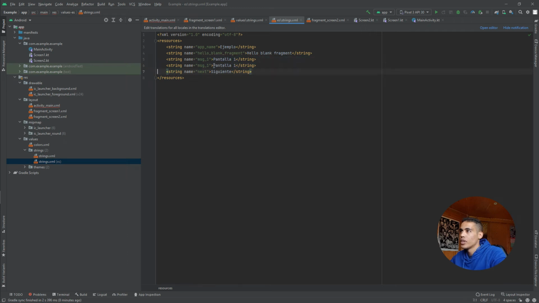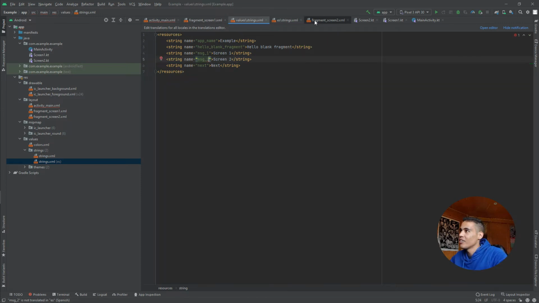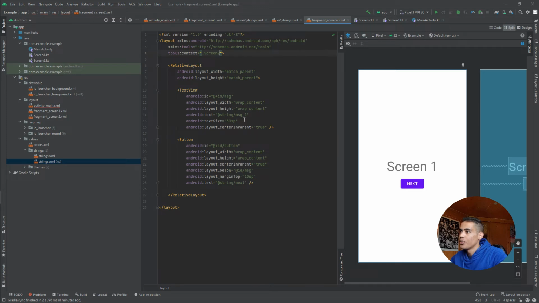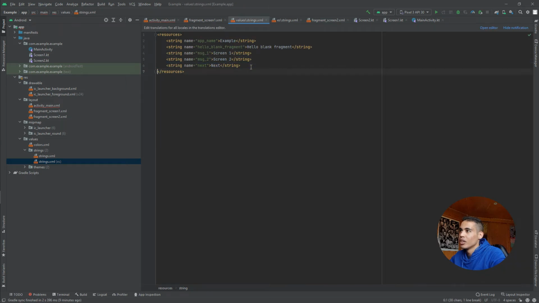Here we need to translate that. So we put here pantalla 2 or dos. And yeah, so now in the fragment 2, what we need to do is change all these things that we set. So for example, this is going to be a 2, and here the button is going to be, instead of next, we are going to put back, but we don't have this defined again. So we come here again, we are going to put here back,